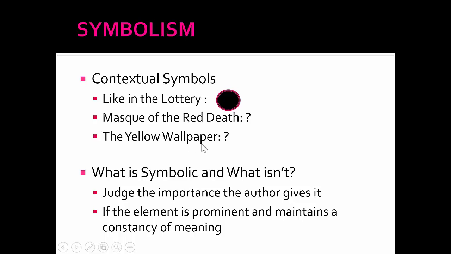And if everybody felt that yellow wallpaper meant you were crazy and you're going to start talking to your wallpaper and feel like you're trapped in it, I don't think they'd probably sell yellow wallpaper at Lowe's. Lowe's would be like, no yellow wallpaper here, because everybody would be freaked out by it. So obviously it's a contextual symbol only, right? So that's what contextual means. It only exists as a symbol inside the story versus universal symbol. Everybody's aware of it and it's a symbol outside of a story, if that kind of helps.